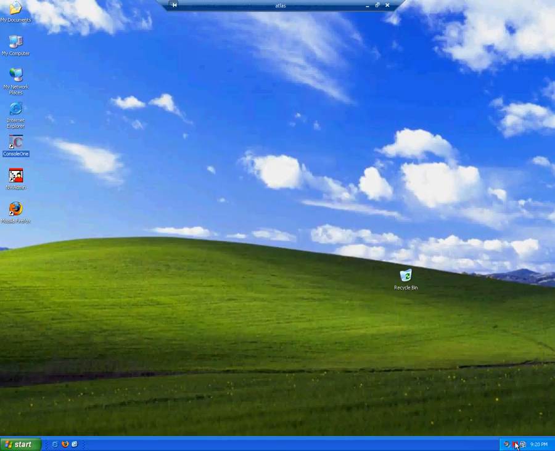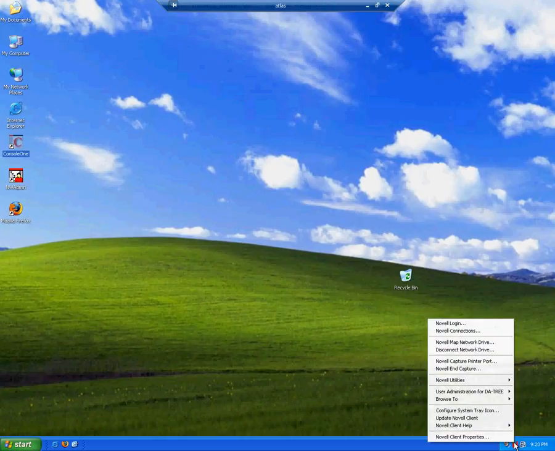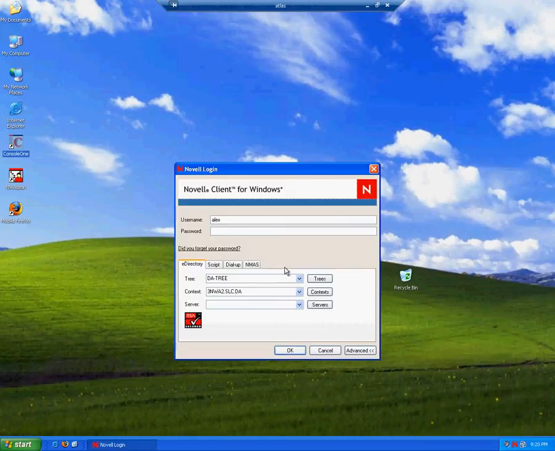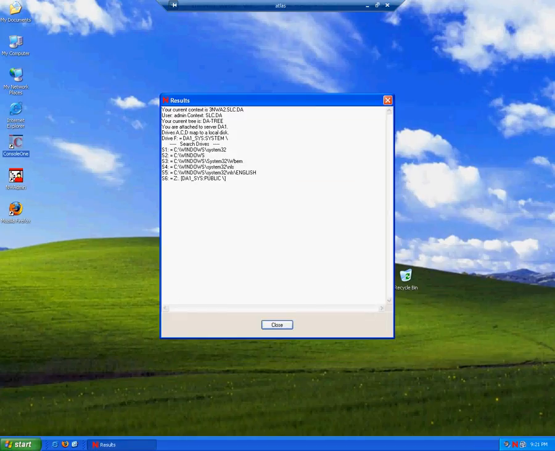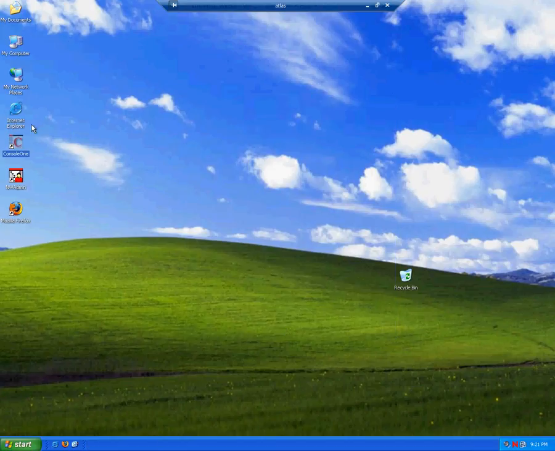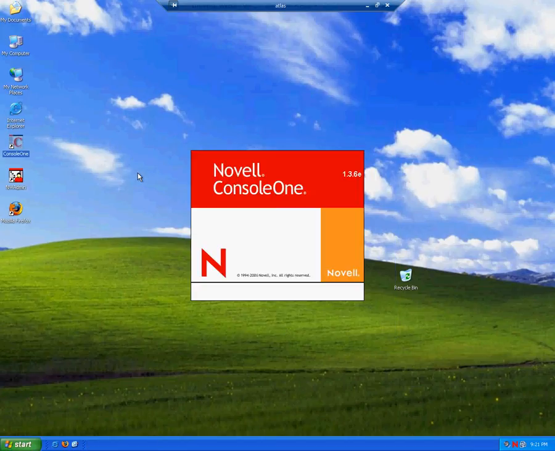Let's close this. Obviously, as the Alex user, we lack the rights to configure any more login scripts, so we must log back in as admin. So we'll change the context back to the context for admin, change the user count to admin, and that's the same warning as before. As you can see, admin has logged in, and now we should have the rights to be able to edit